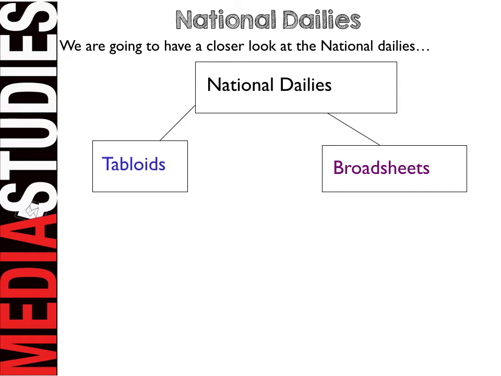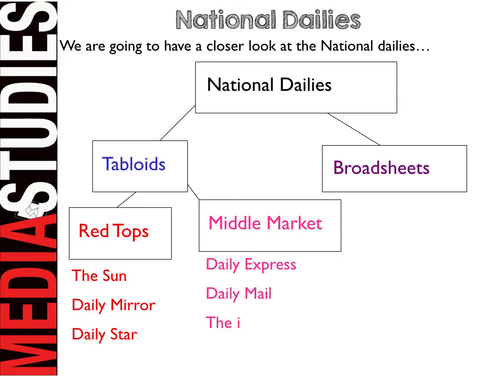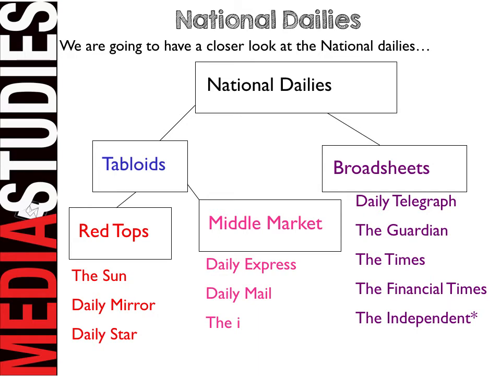Tabloids can be further subdivided, and that was the division I made, into red tops and middle market or mid-market tabloids. And no prizes for guessing which the red tops are: the Sun, the Mirror and the Star. The mid-market are the Express, the Mail and the Eye. And then you've got a whole other section of the broadsheet newspapers. These include the Telegraph, the Guardian, the Times, the Financial Times, and the Independent, which, if you'll notice from the